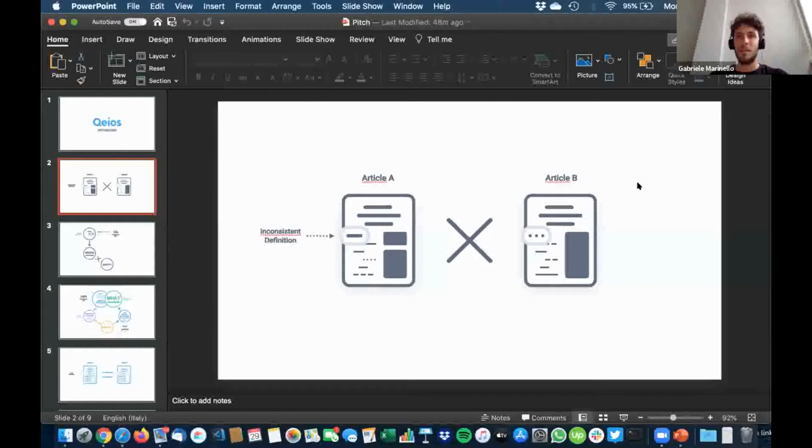What's the problem of all this? The problem is that when different research teams, in our case, the American and the European research teams, are using different definitions, the research studies will end up being completely incomparable. Totally incomparable, as you can see here, right? So if anyone is choosing a different definition, you cannot compare at the very end of the process the two research studies. And in our case, the study by the American team is not comparable with the study by the European team. And what's the result of all that?